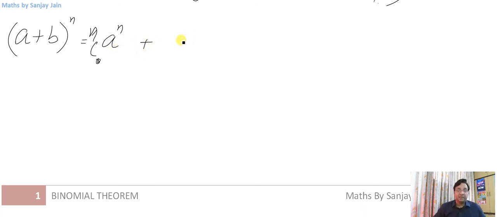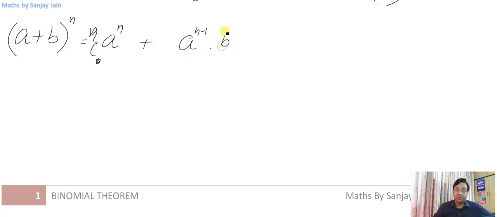And when I take a from n minus 1 brackets, then this will be the power of a, and then b will have to be taken from 1 bracket. So out of these n brackets, I am taking a from any n minus 1, all combinations. In how many ways can I do that? We will just check. So you select n minus 1 brackets out of the n and take a from them, and the remaining 1 bracket will give you b. So this will be the term that you will get.